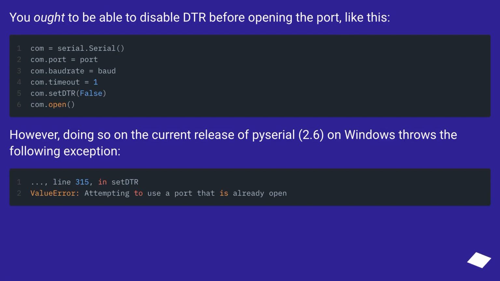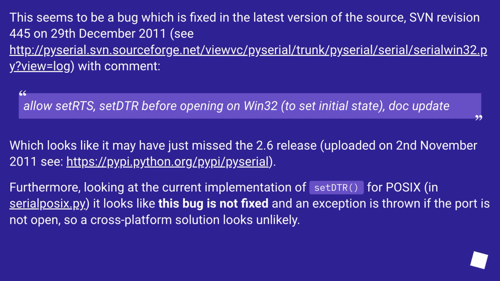You ought to be able to disable DTR before opening the port, like this. However, doing so on the current release of pyserial 2.6 on Windows throws the following exception. This seems to be a bug which is fixed in the latest version of the source, SVN revision 445 on 29th of December 2011, see this URL, with comment: